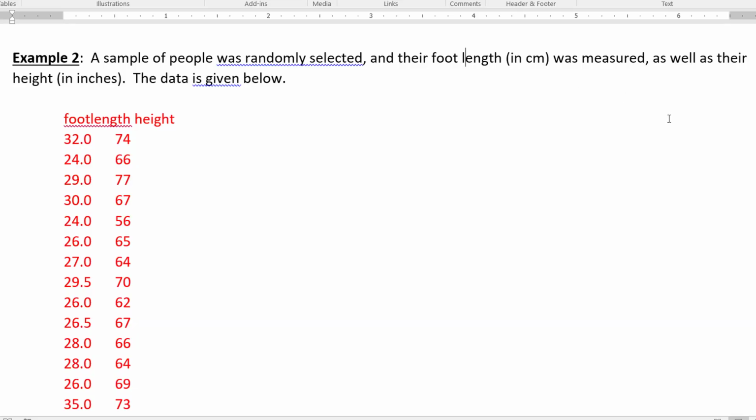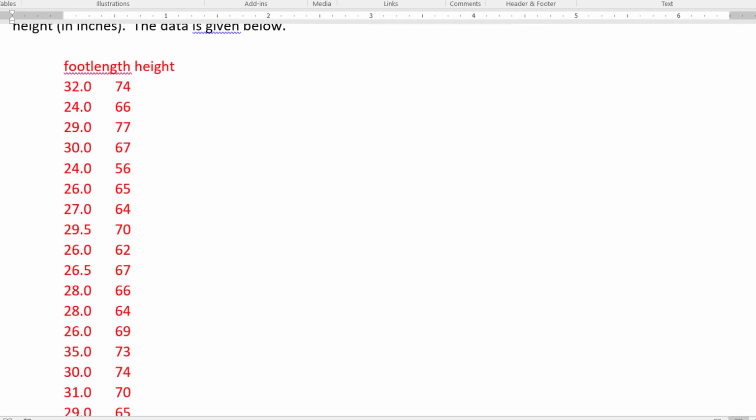This is Module 13, Example 2. In this problem, it says that a sample of people were randomly selected. They were then measured for their foot length in centimeters and their height in inches. The data below is the actual sample data that was collected. On the left side is the foot length in centimeters, and on the right side is the height of